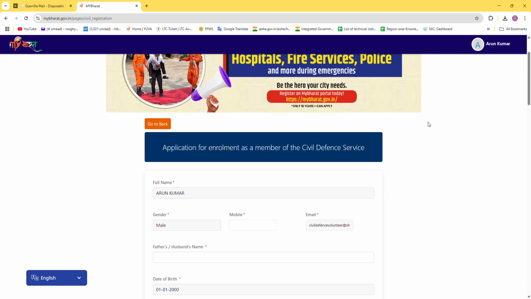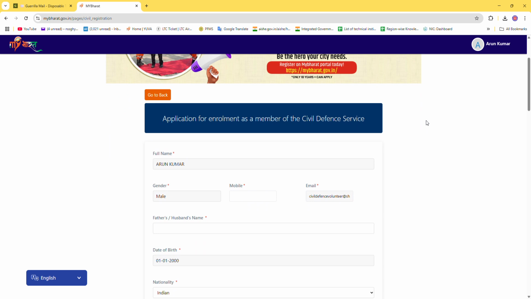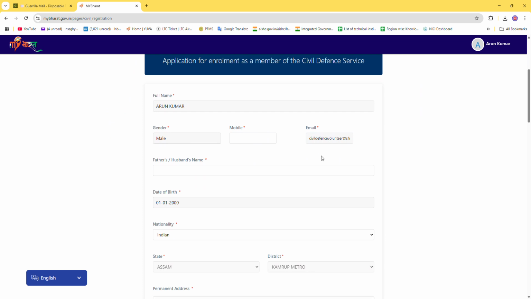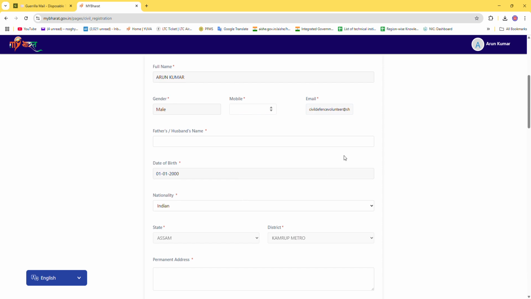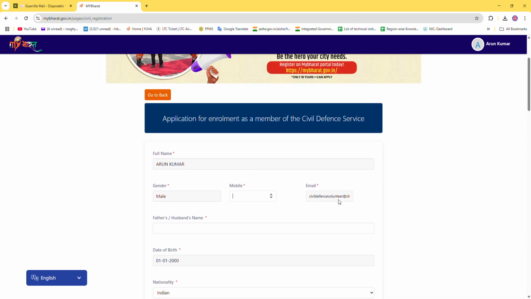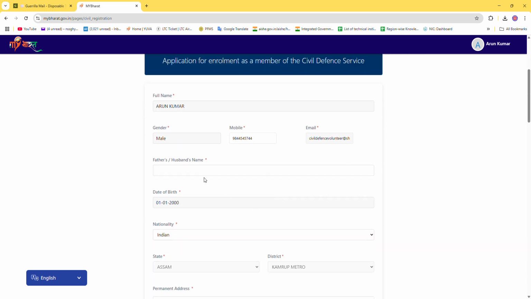To do that, we just have to give certain information which is not yet retrieved from the My Bharat portal registration which you have done earlier. For example, your name, your gender, everything will be auto-fetched from the My Bharat portal, and the registration form will ask for the remaining information which is not available. For example, out here, we have not provided the mobile number. So I'm putting in my mobile number, and here we have to provide the name of the father or the husband. So I'm just writing here Arup Kumar,